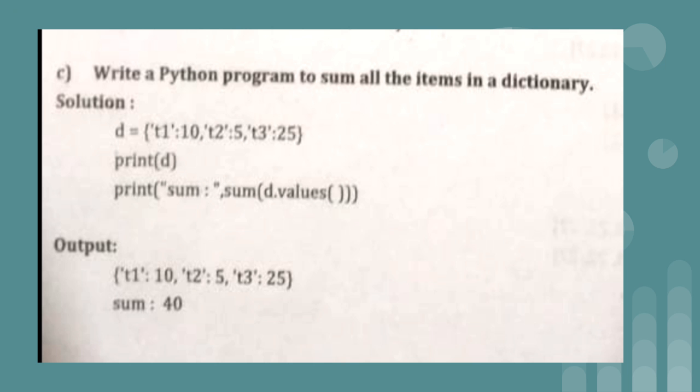And the dictionary is also displayed with the help of the print d statement, which is optional. The main important thing in this program is that we have one dictionary and we just want to add the items, that is the key values which are present in the dictionary. So this is your practical number 5C.